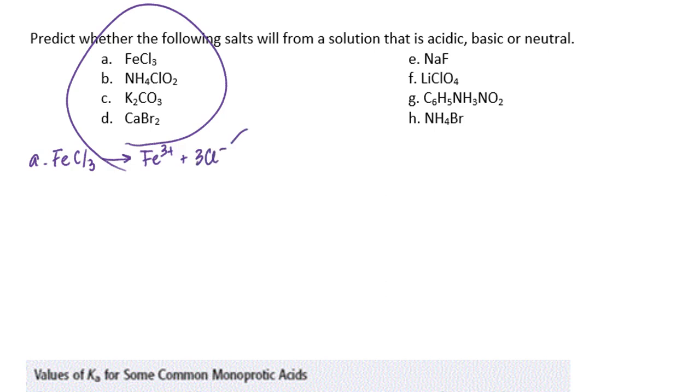Now, the chloride ion would actually be the anion that we get from hydrochloric acid. And if you recall, there is an inverse relationship between the strength of an acid or base and the strength of its conjugate base. So the stronger an acid is, the weaker its conjugate base, and vice versa. And so since hydrochloric acid is a strong acid, then basically its anion, chloride ion, would actually be a very weak base. So weak, in fact, that we consider it to be a negligible base. So it should not impact pH significantly. However, if we take a look at the iron 3 plus cation,